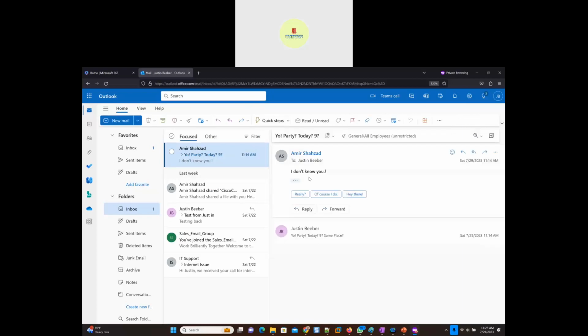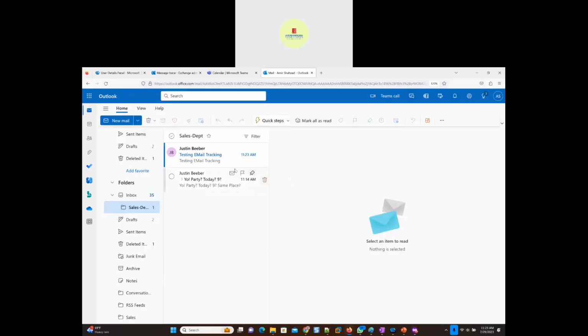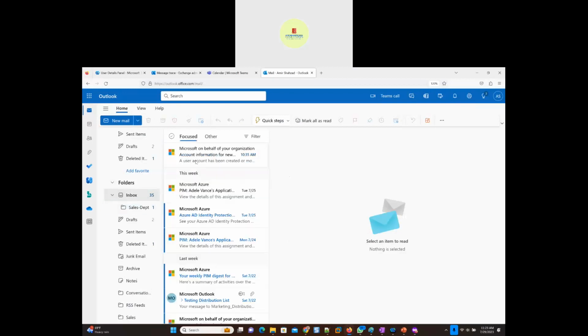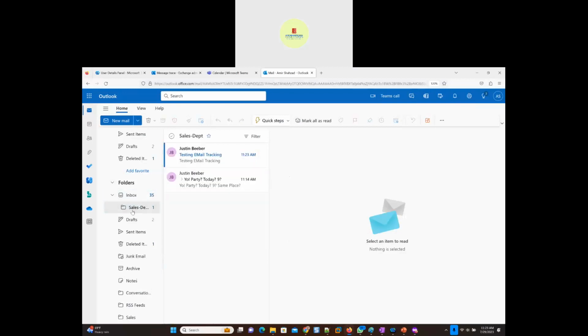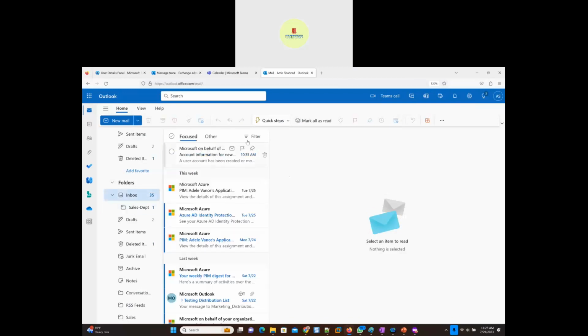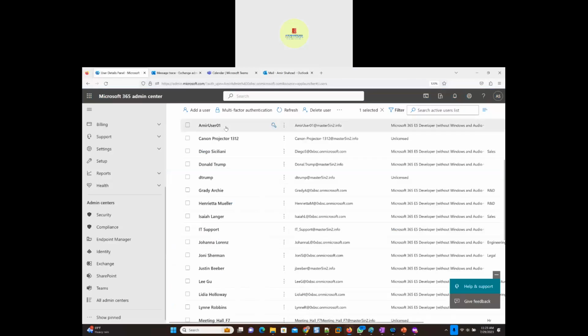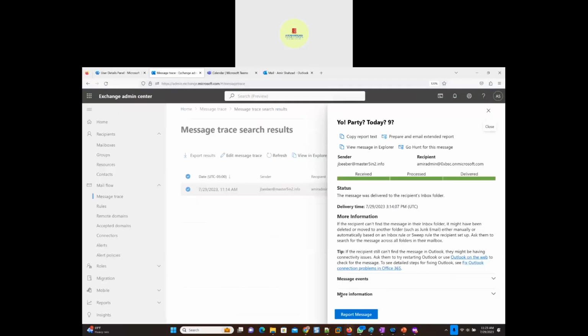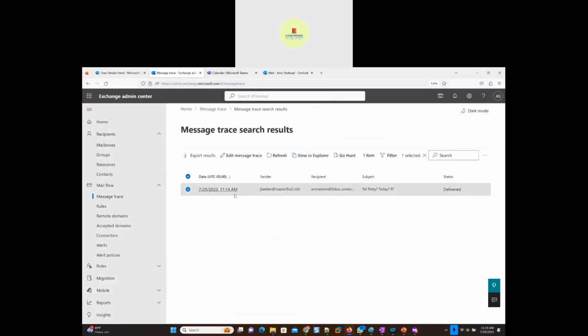But does the tracking cover that too? Does the tracking automagically cover that? So if I click that, now the message I have to grab. So first of all, I go to message trace. So I start trace. I need the message ID for that particular message, right? Because it ended up in a folder inside inbox, right? So if I go there and